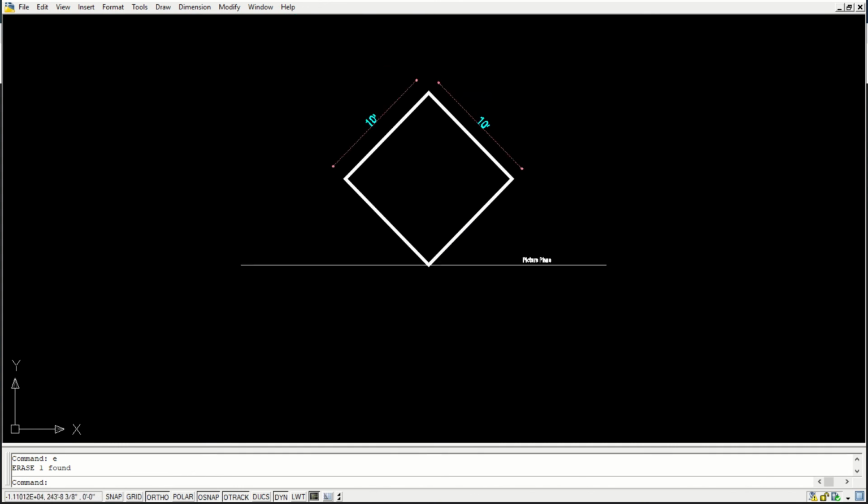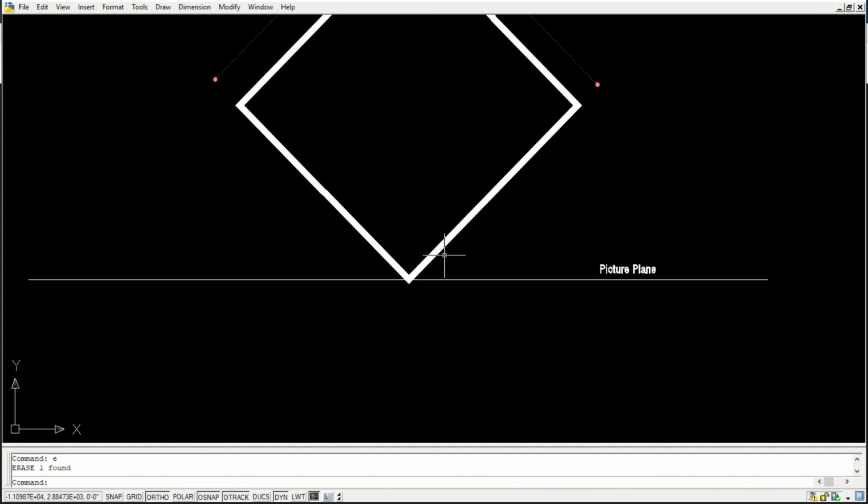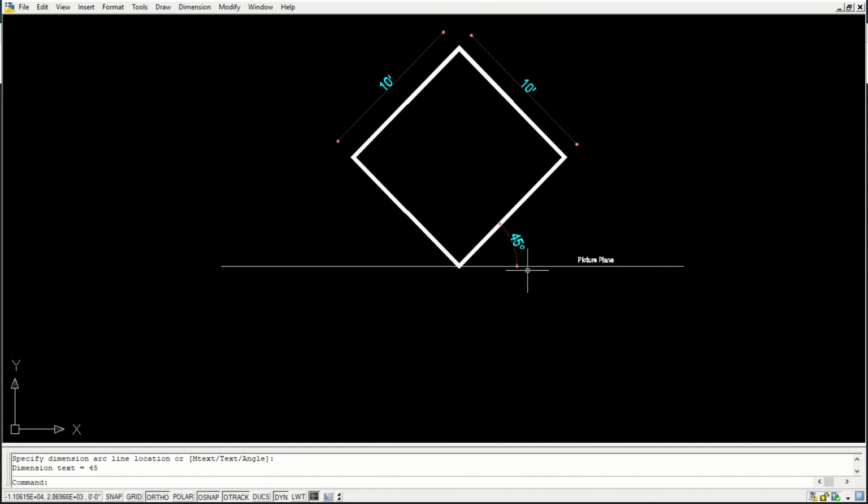Okay, so let us assume that this is one object, 10 feet by 10 feet, and the object is placed like that, at 45 degrees. It can be any angle. I'm just keeping it at a 45-degree angle for simplicity. It can be further rotated this way anyway. But for a simple drawing I'm making this a 45-degree incline.